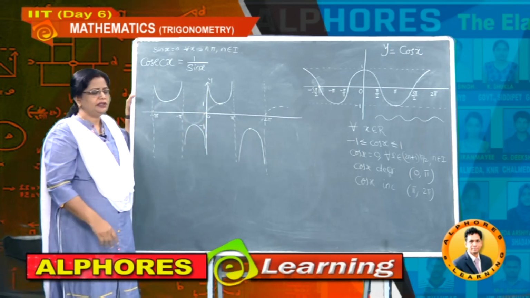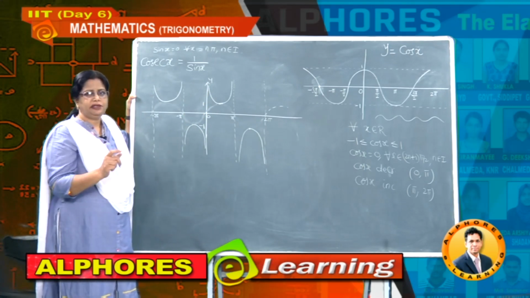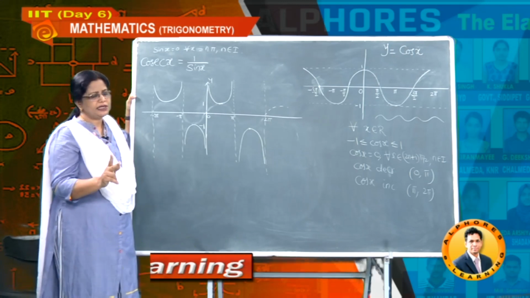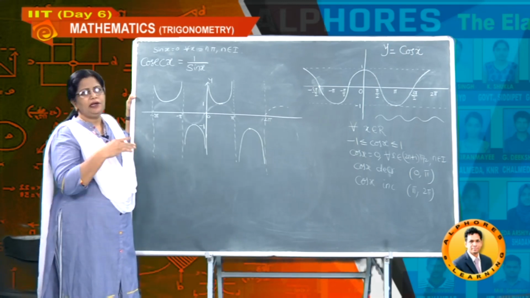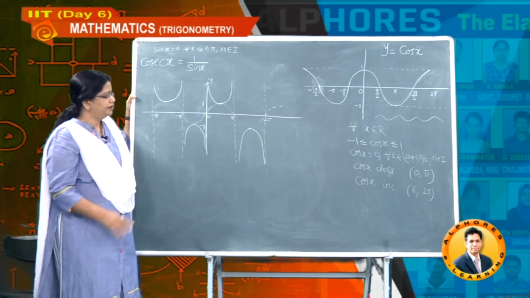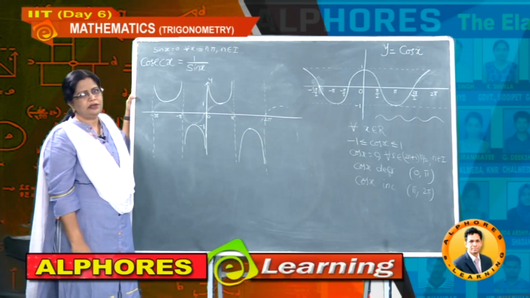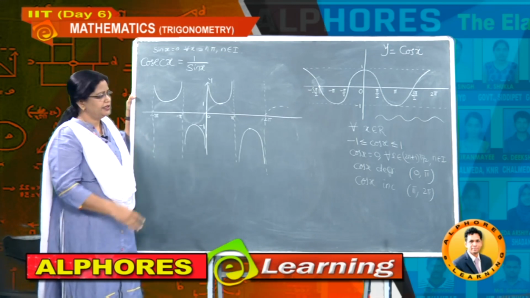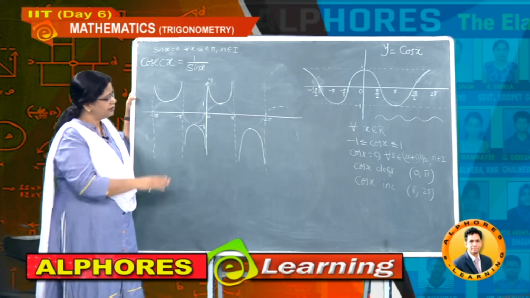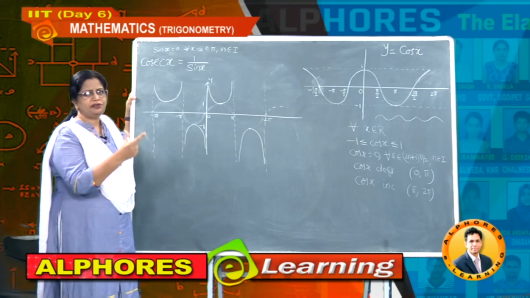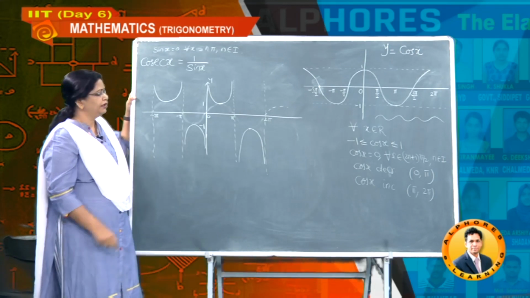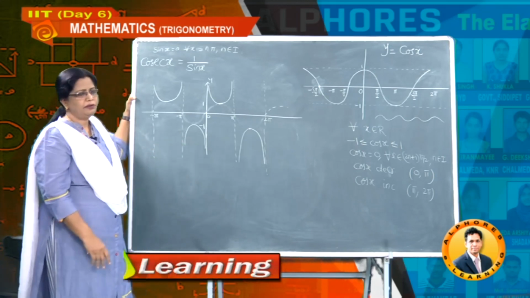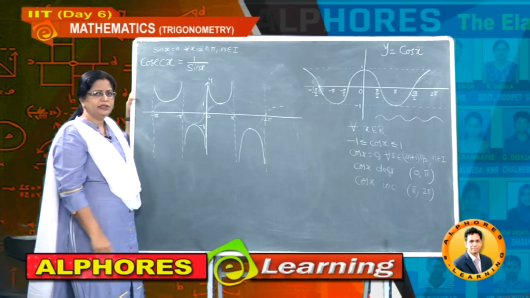So students, these graphs are very useful for our calculus chapter, which contains two parts, differential calculus and integral calculus. In differential calculus and integral calculus, in many problems we take the help of graphs, so that instead of doing the mathematical approach, if you use the graphs, you can do the problem in a few minutes. That is the help here. And now you understand how to draw the graph of cosecant just by taking the help of the sine graph.